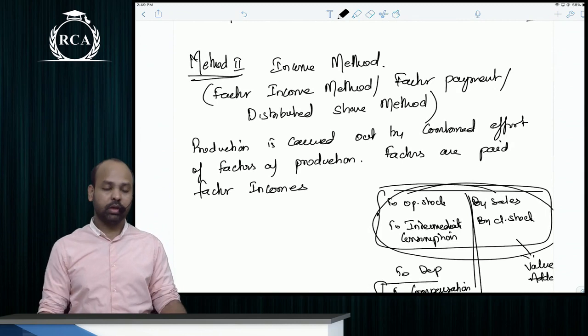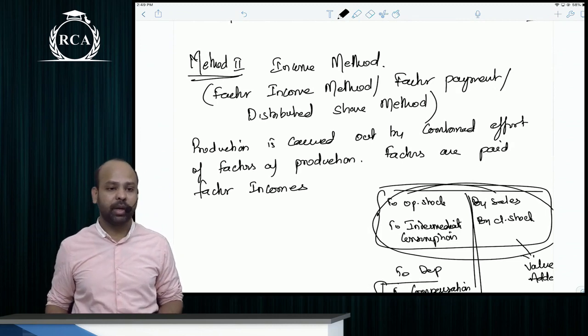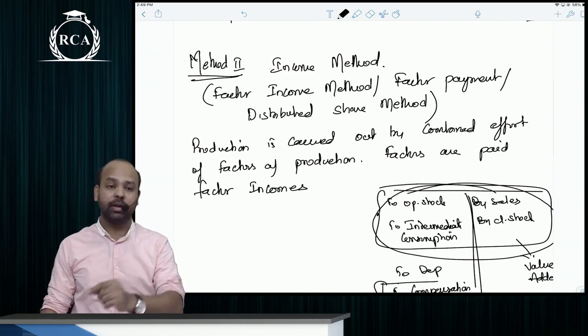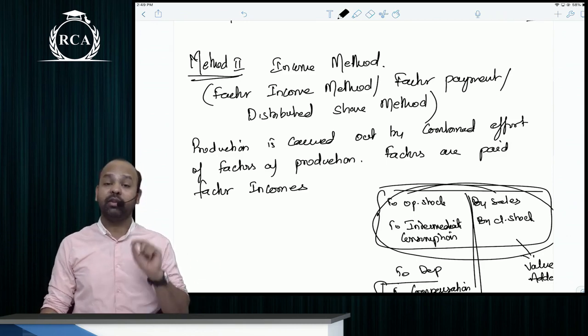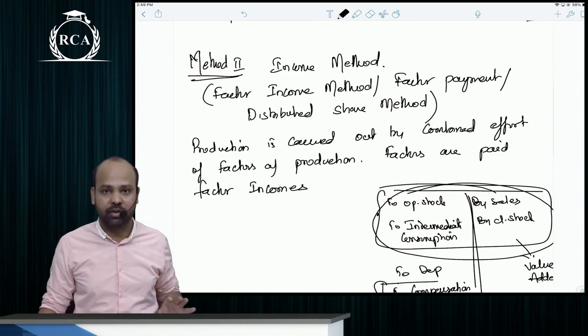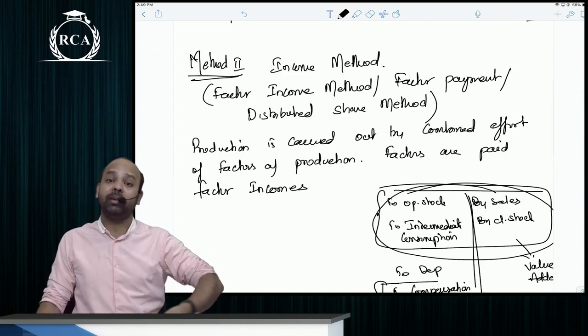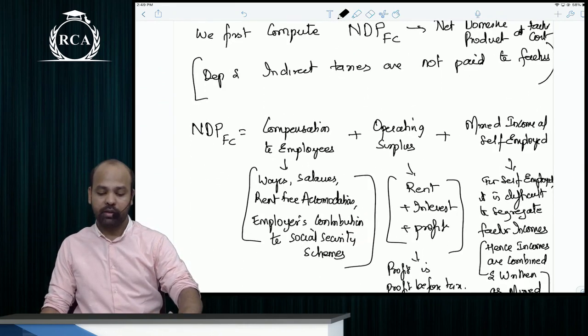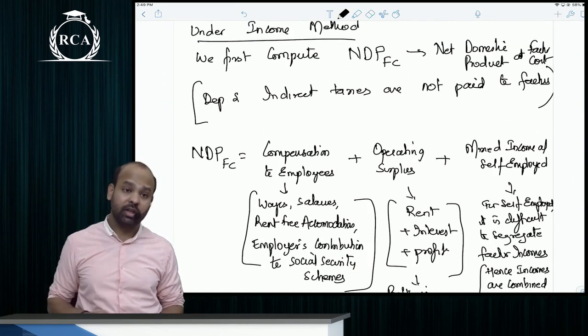Okay sir. Method 2 is the income method. This is the factor payments method. Here, under factor payment, this method will not give us GDP. It will give us NDP, net domestic product at factor cost. What we are measuring is the amounts paid out as factor incomes. So under the income method, remember, this gives us NDP at